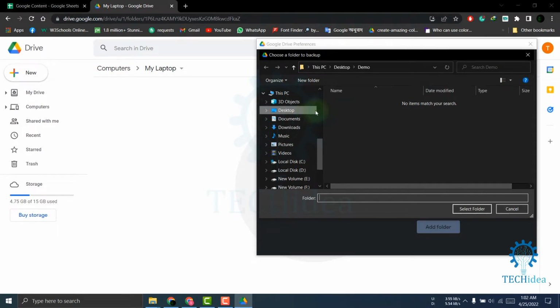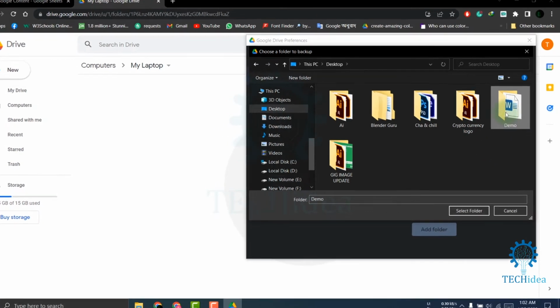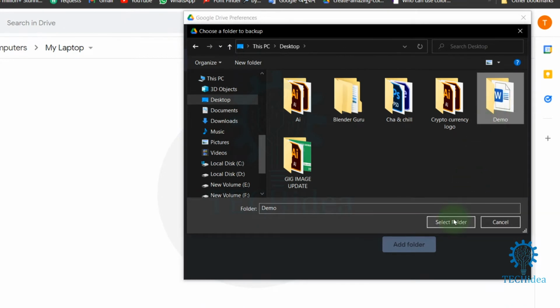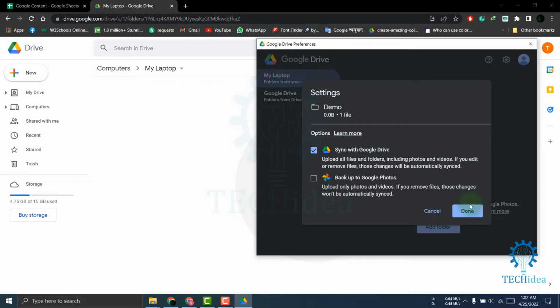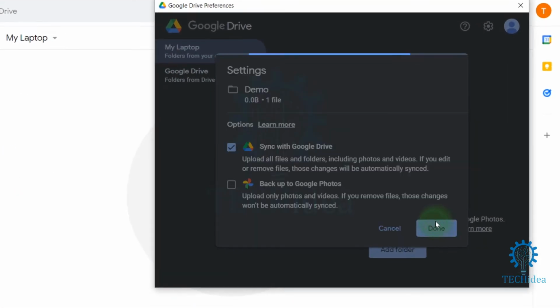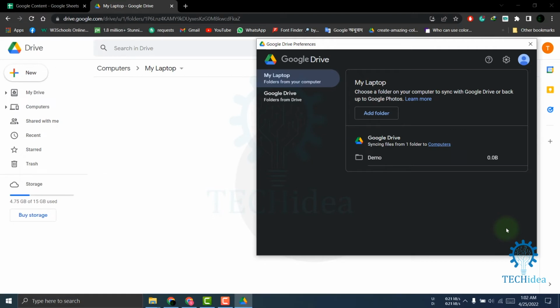Now select the folder that you want to back up to Google Drive. I'm selecting demo on my desktop. After selecting your folder, click on Select Folder. Then done and save. If you add any file to the folder that you added, then it will automatically be backed up